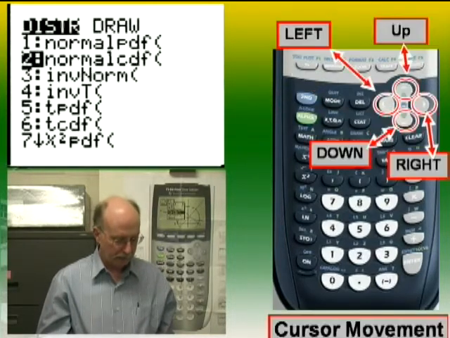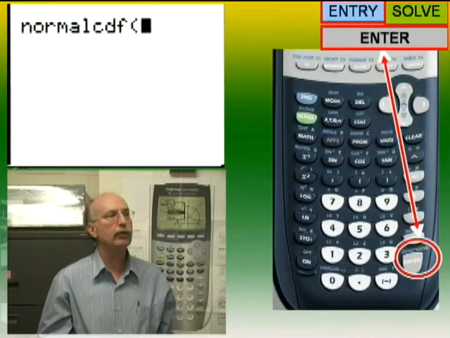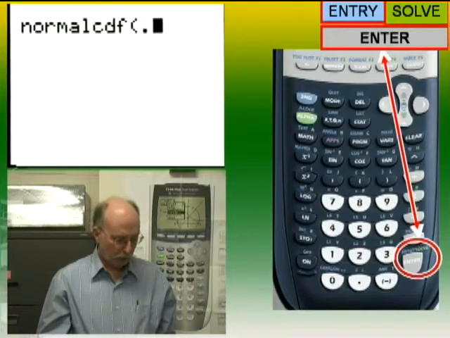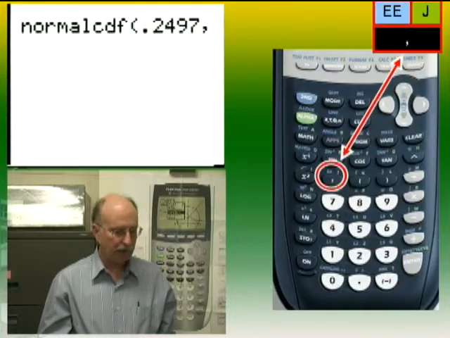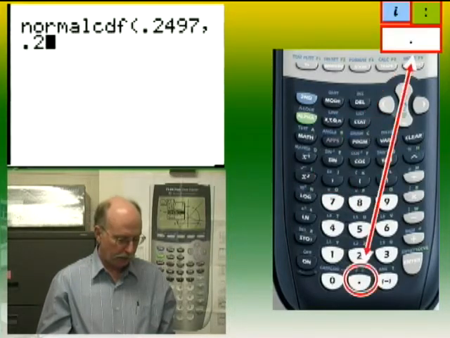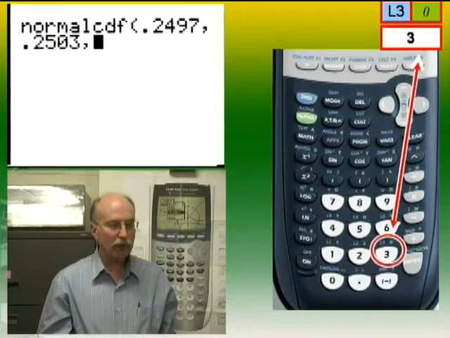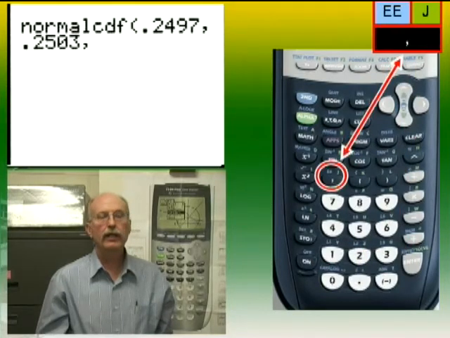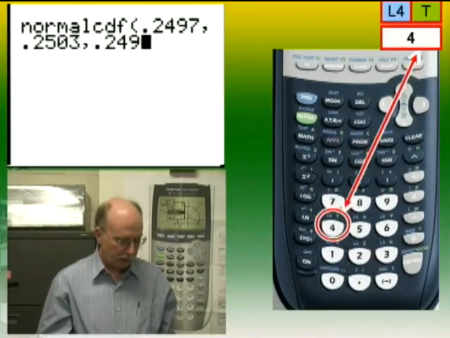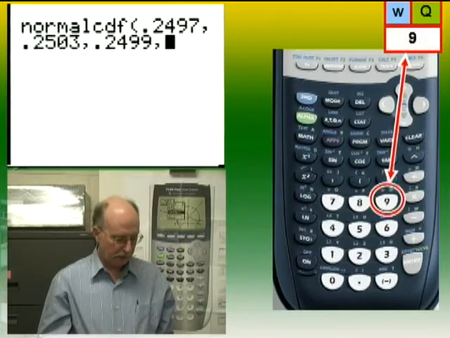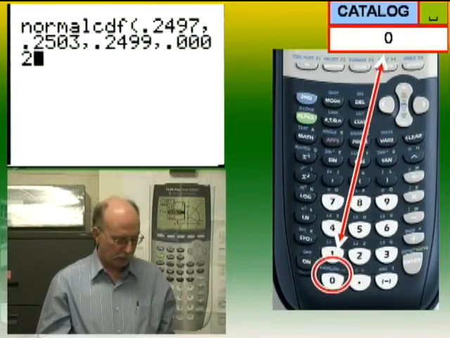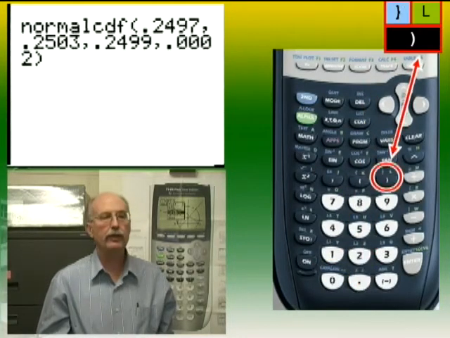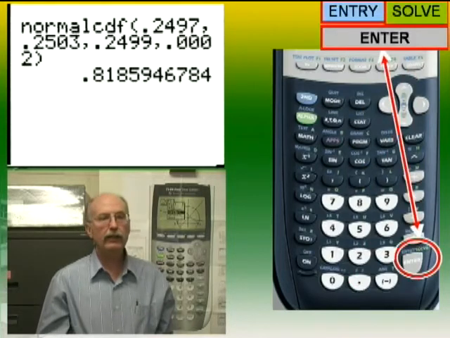Let's scroll down and hit enter, and now on our home screen you can see we have Normal Cdf. Our lower bound was 0.2497, and we separate that with a comma. Our upper bound was 0.2503, and again a comma. The mean of our process was 0.2499, another comma, and then our standard deviation was 0.0002, and now a closing parenthesis. We hit enter, and we get the answer